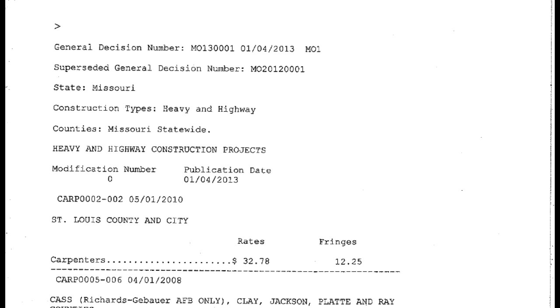So wage orders come down and they are dated. You'll see them included in contract proposals. They'll tell you, for example, where they're good for. This one is good for Missouri, and the dates that they're good for, the publication date. And then you'll start seeing different areas throughout the state, and whether you work in Missouri or Michigan or Virginia or wherever, you'll see these same types of wage reports that you will have to make sure you pay.